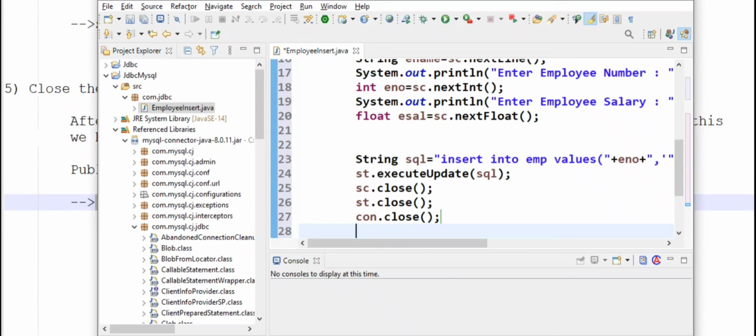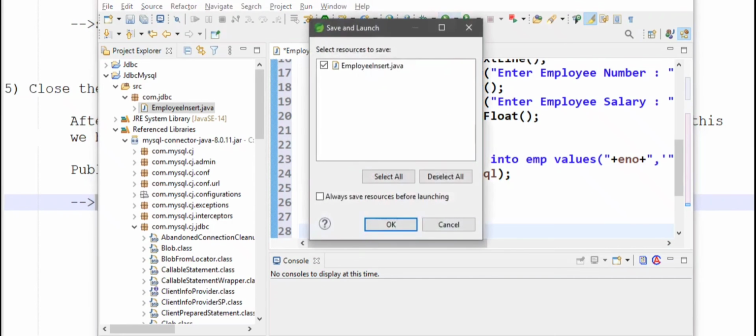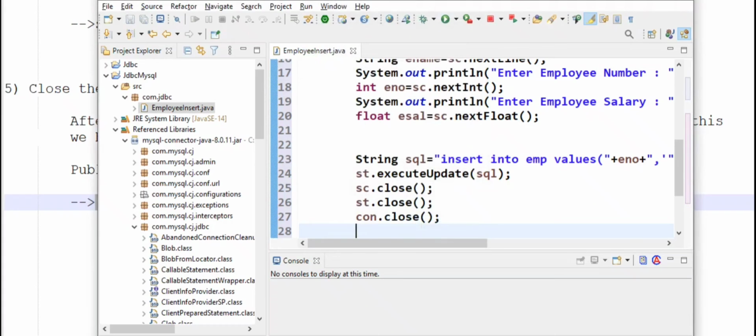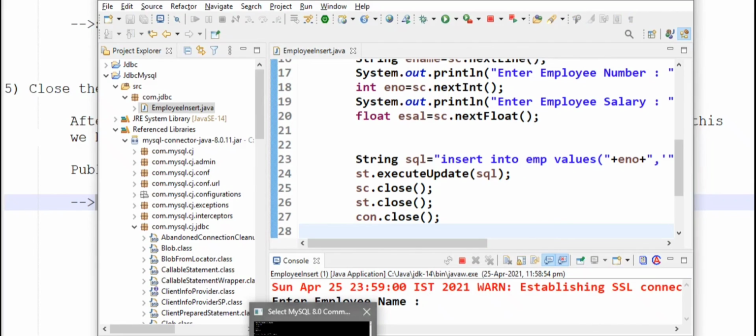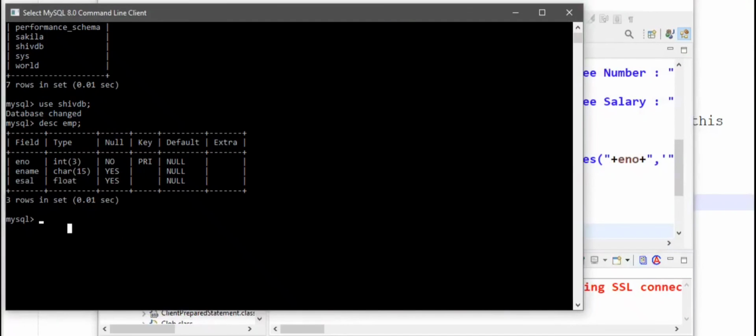Let us run our application. Enter employee name. Let us check if there is any data in our table.